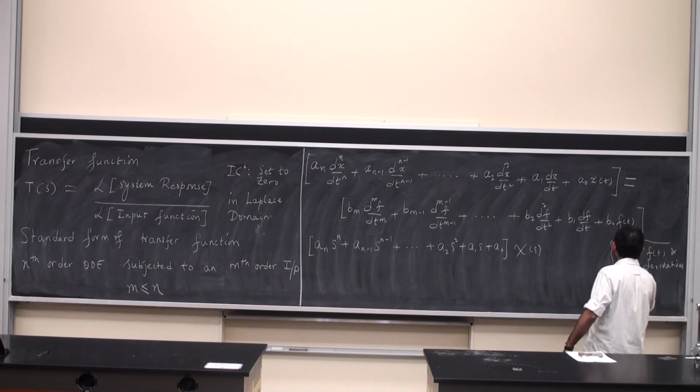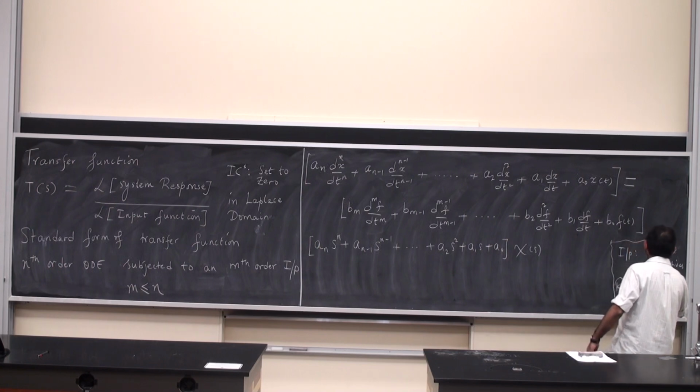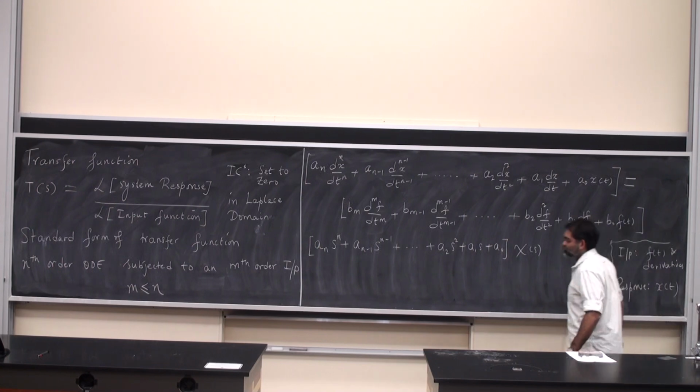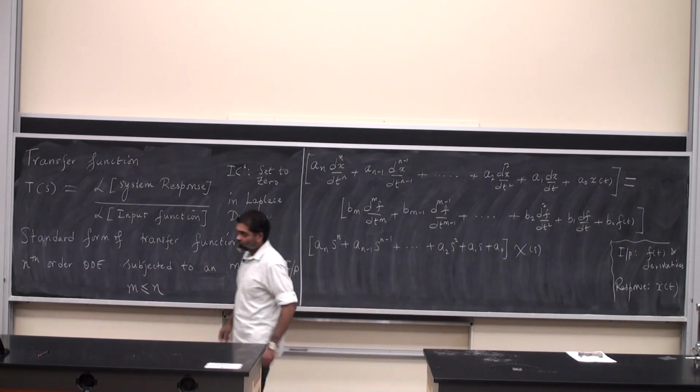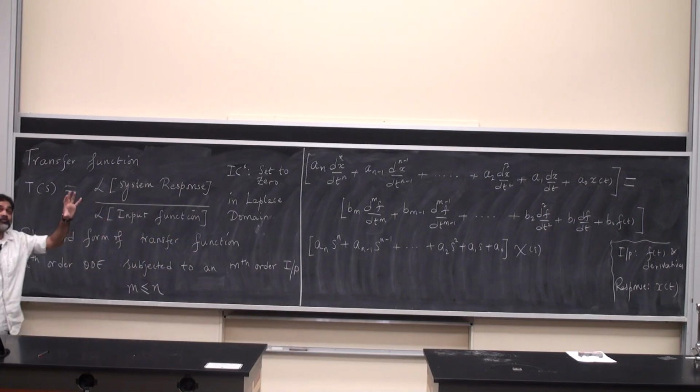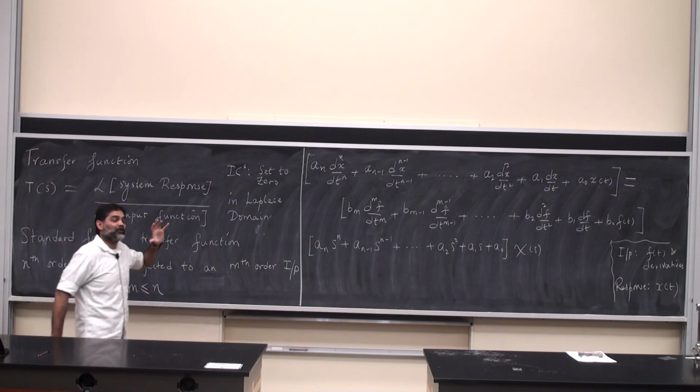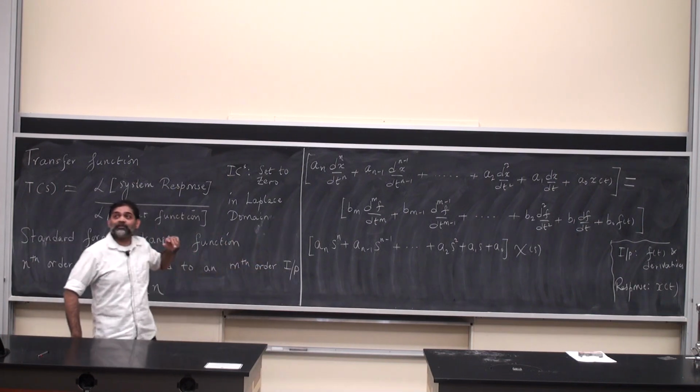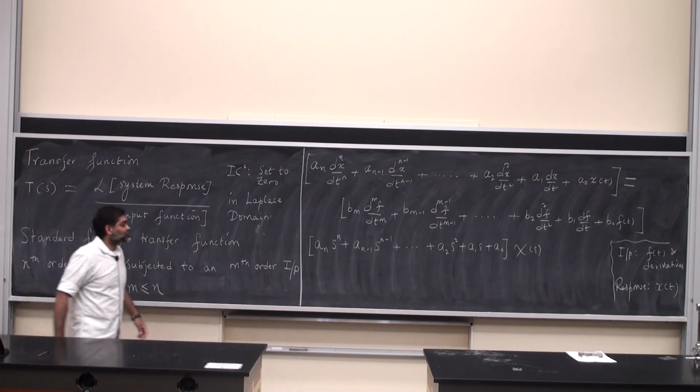And the output or the response is x of t. So we expect the transfer function to be the ratio of x of s to f of s. Okay, f of s is the primary input function and it has a host of its derivatives in there. Alright? This is equal to